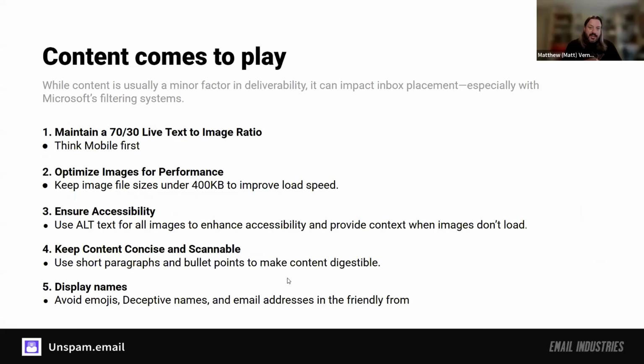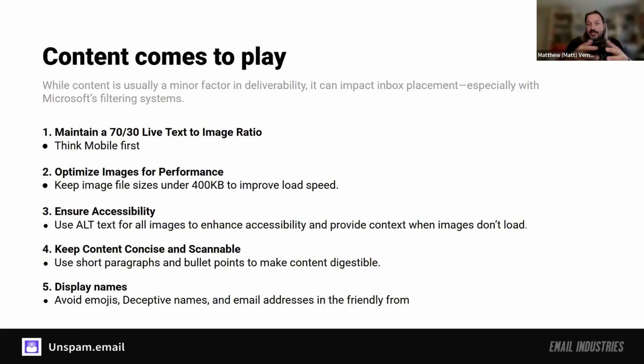Where does content come into play for delivery? Text to image ratio is really a big one. Think mobile first, right? You want people to be able to easily click on links. You want people to really be able to understand your message. You want images to load quickly, right?